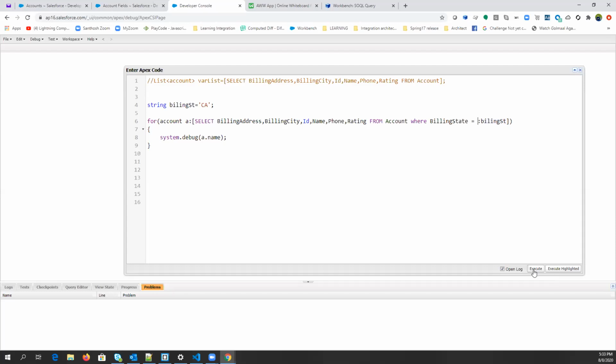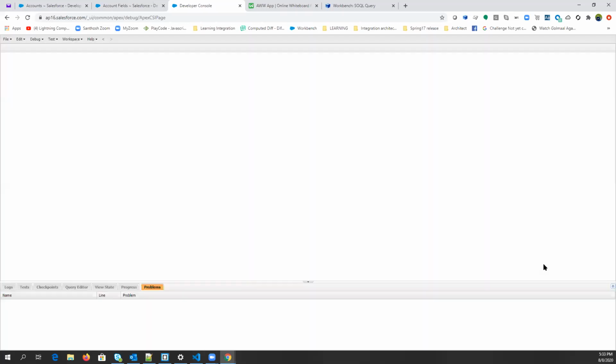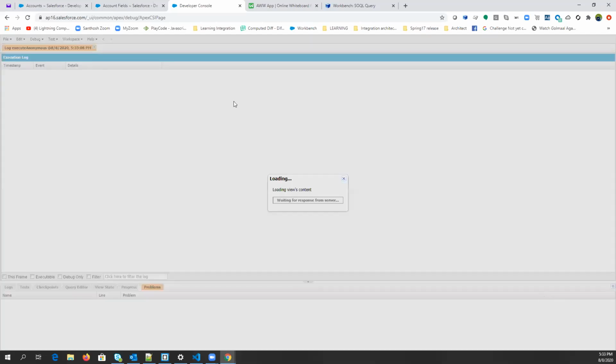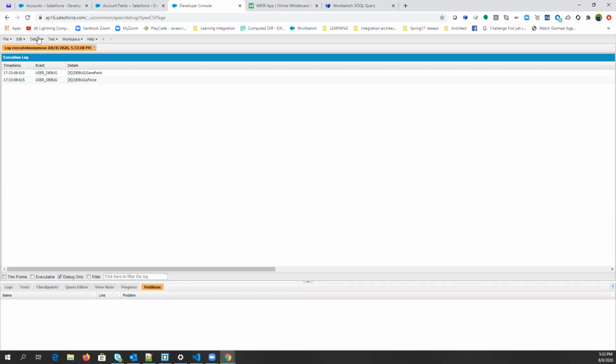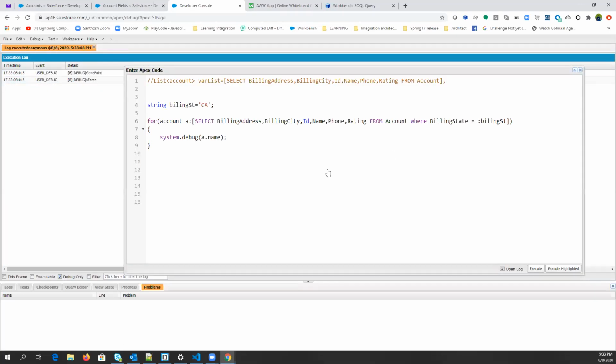It will only print two accounts, Jana Point and Asforce. See? So you can simply use this as well. Clear, guys?